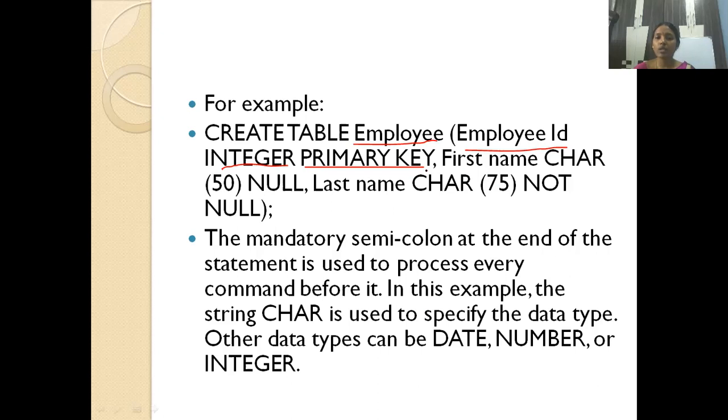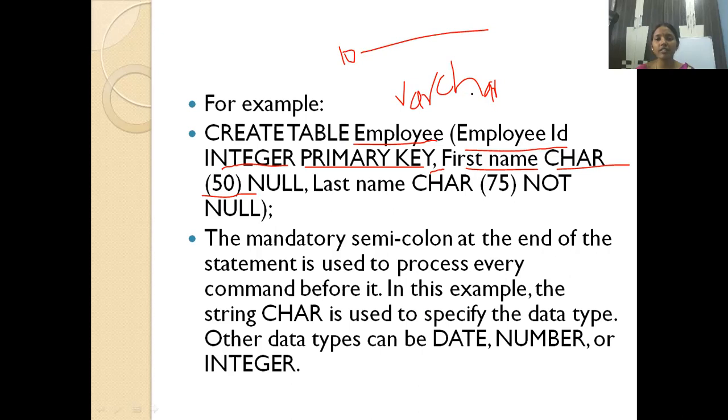So next column is what? I'm writing comma here. Next, first name, character. Character also no problem. We are going to use another thing also, that is varchar. So varchar also you can write. The difference between character and varchar is, if you say 50 characters, it will allocate the memory of 50 characters for each and every first name. For example, I'm defining 50 but I'm using only 10 characters, so the remaining 40 bytes of the memory will be wasted.